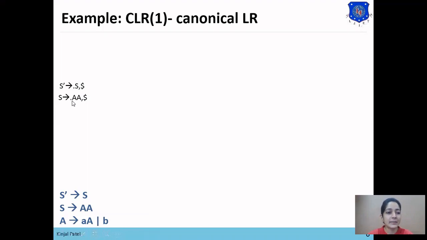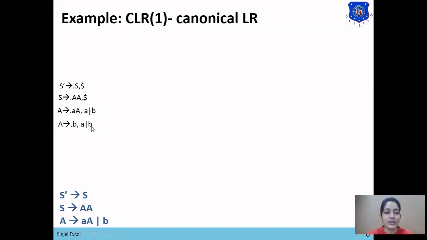Now in the second statement, dot is present at the beginning of non-terminal A. So the production rules of A will be added in this set. There are two productions, A derives dot aA and A derives dot b, and here we have added look ahead a or b.